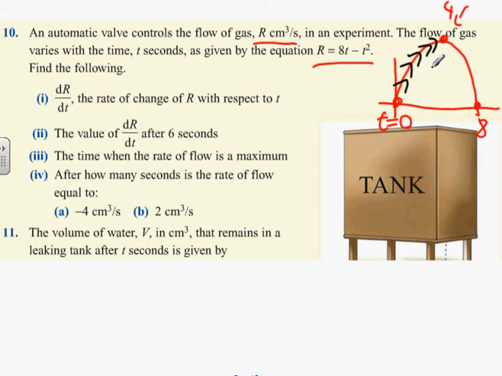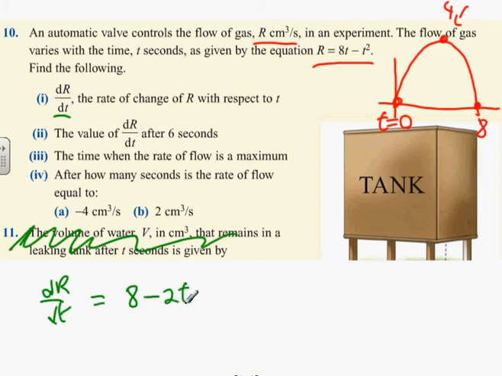Differentiate it. So first question is differentiate it. So what happens when we differentiate it? What do you say? 8 minus 2t is the equation of the slope. It will tell me the slope at any point on this graph. Everybody got that? It will tell me the slope for any t value I want. Okay? Next thing, once that's done,